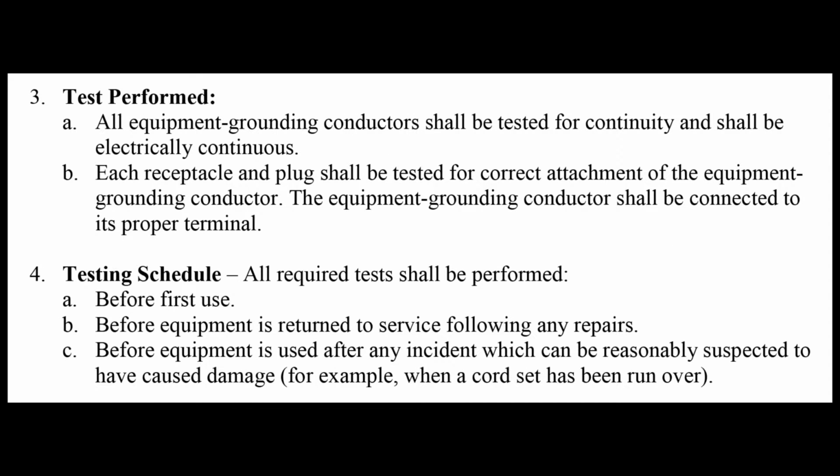Number 3, tests performed. A. All equipment grounding conductors shall be tested for continuity and shall be electrically continuous. B. Each receptacle and plug shall be tested for correct attachment of the equipment grounding conductor. The equipment grounding conductor shall be connected to its proper terminal. Number 4, testing schedule. All required tests shall be performed: